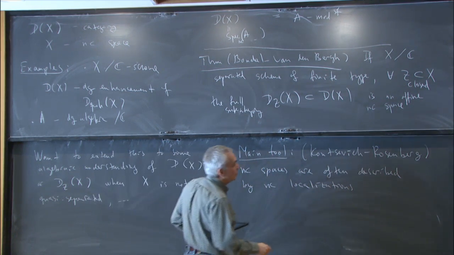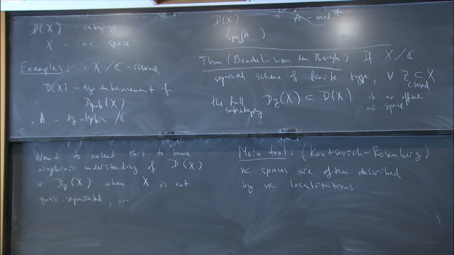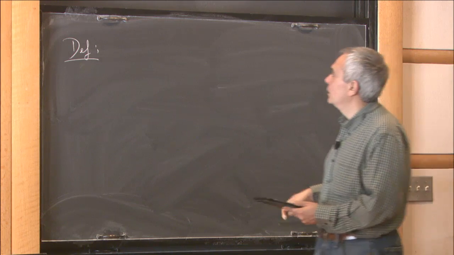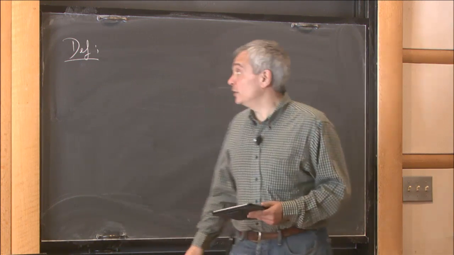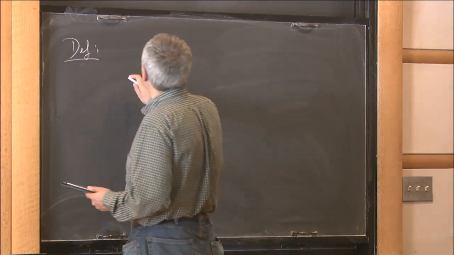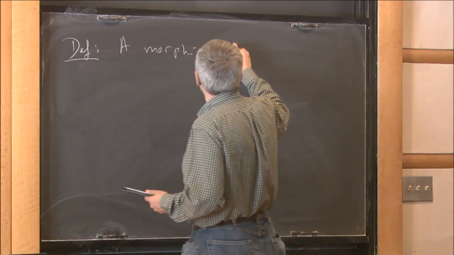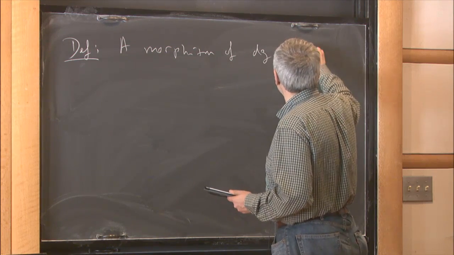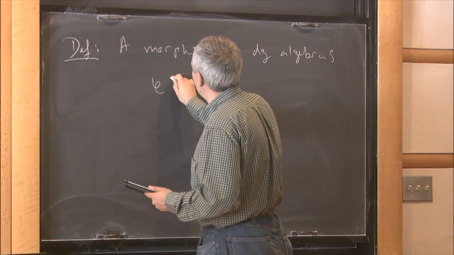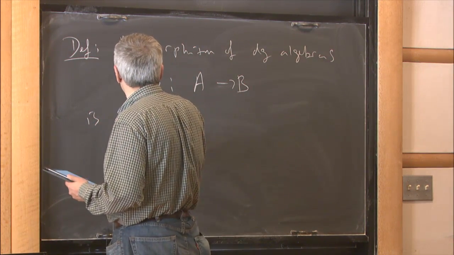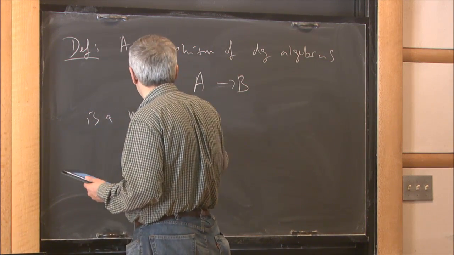So let me say what that means. It's a particular type of morphism between differential graded algebras. So a morphism of DG algebras, let's call it phi from A to B, is called a non-commutative localization